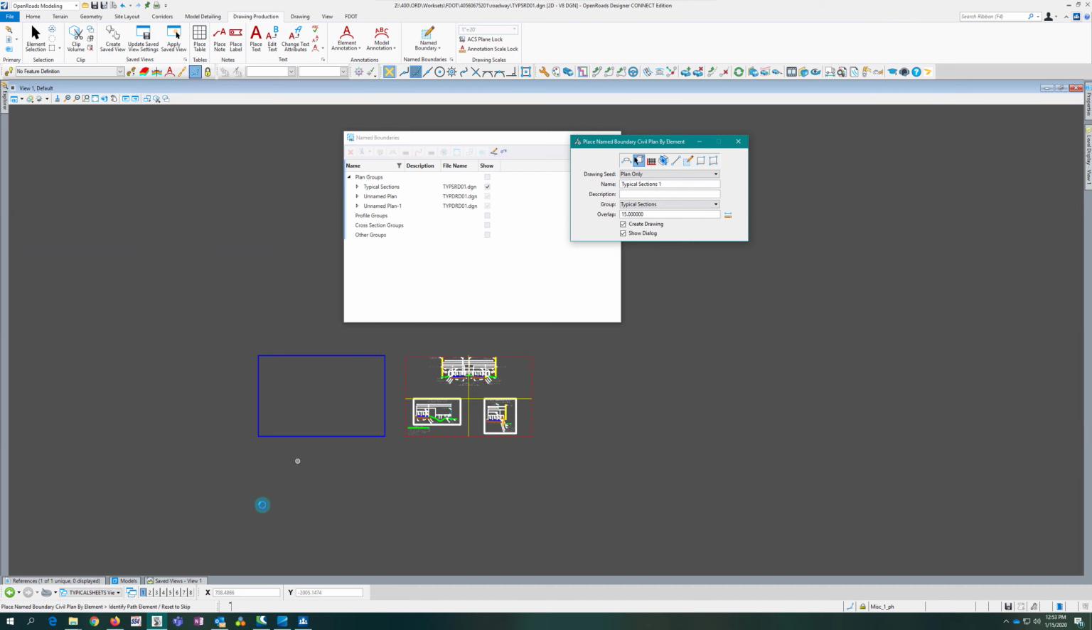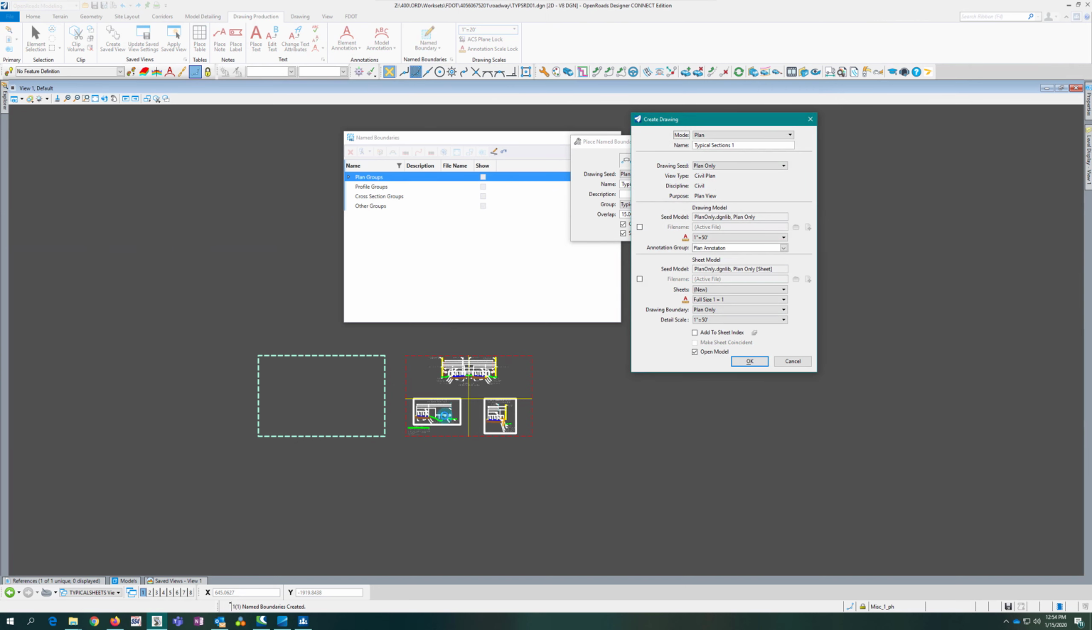Good. So it's asking me for path element. I don't have a path element. So I'm going to reset, and I'm just going to select this element and accept. And see, now it's created that boundary for